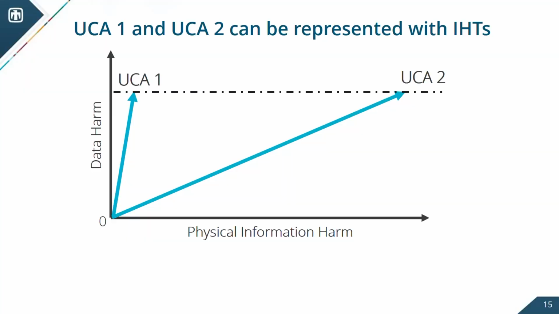So what do you think we would want to really protect against, UCA1 or UCA2? Well, our way of looking at this is UCA2, the steam generator, the one that brings rapid change through the unsafe control action to hazards to loss, would be what you would prioritize your resource to protect against.